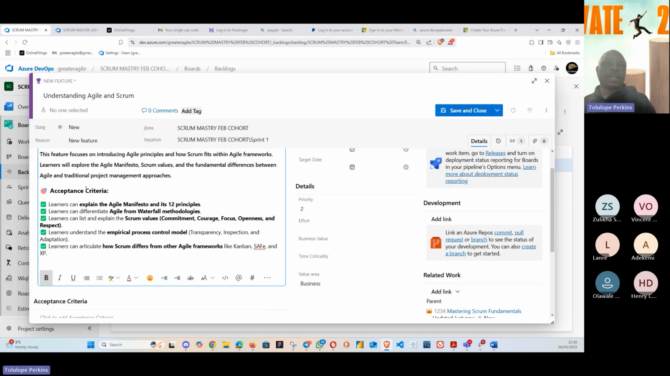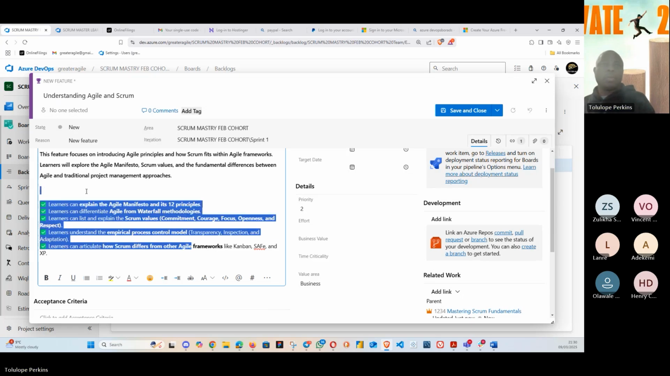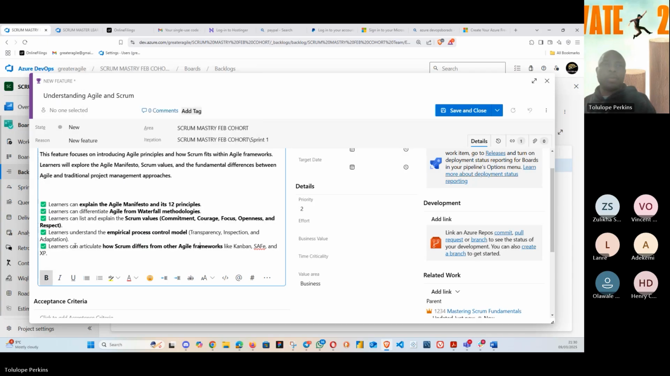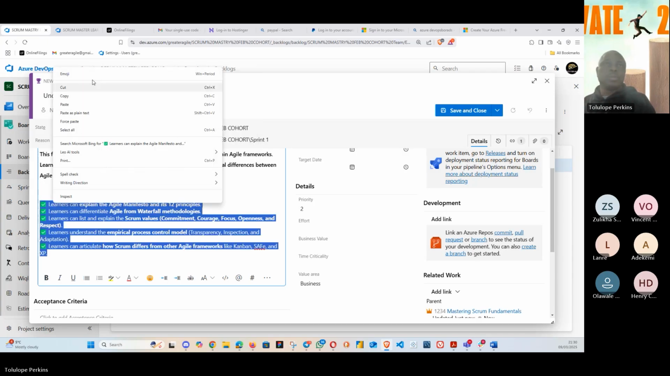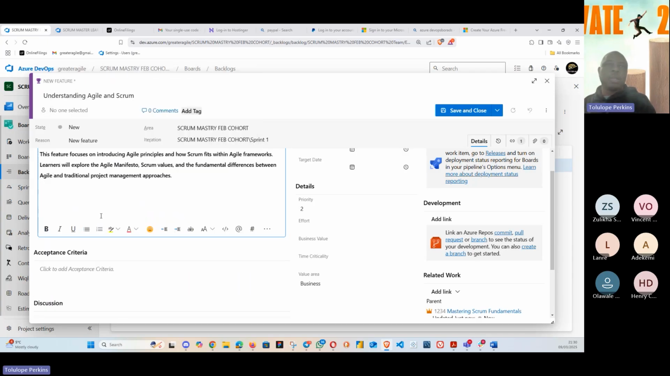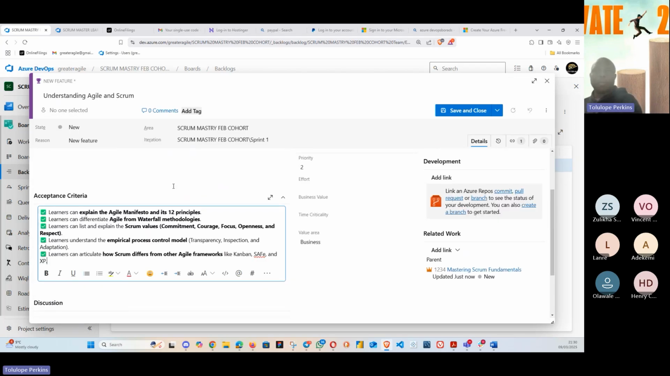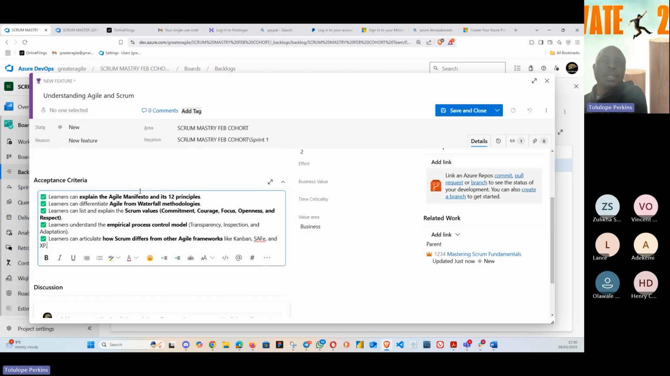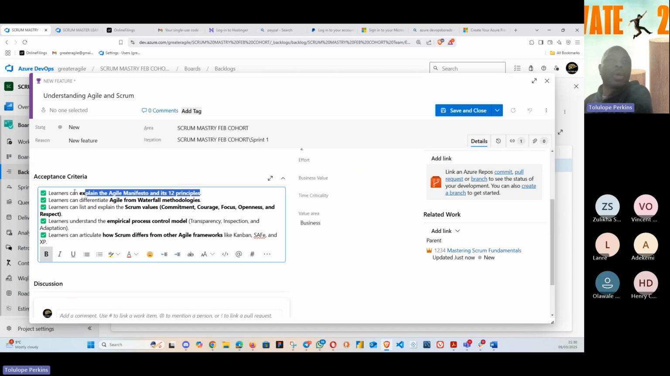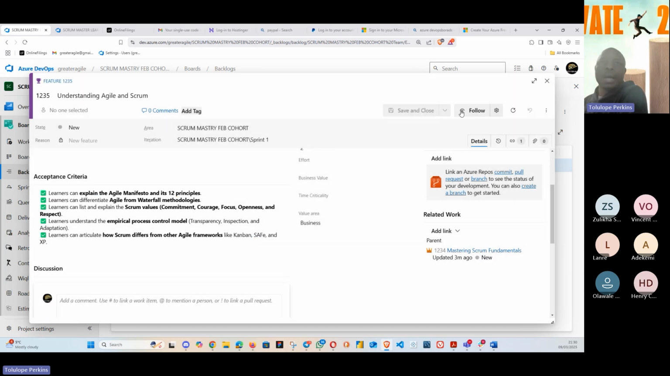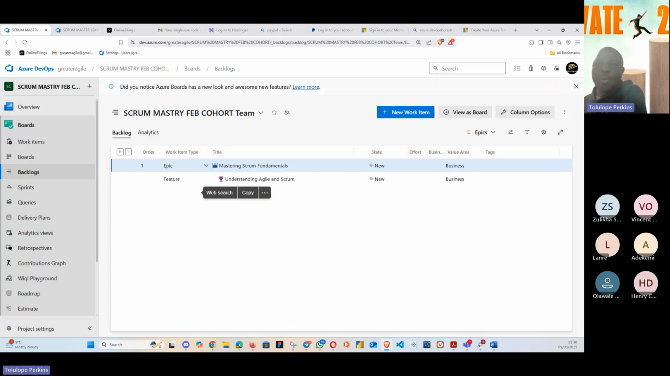So the acceptance criteria is this. I'm sure it will just be repeating itself. So under this now, each of these again can become a PBI. So we click and we save. Then I'll go back to ChatGPT to say